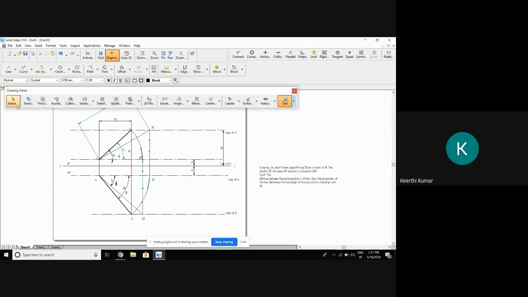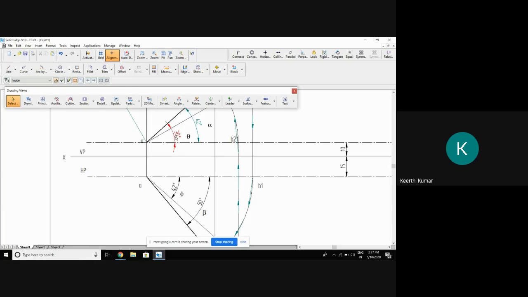Okay. So I'll zoom those. This is called theta, alpha, phi, and beta. So if I ask you to find out and write down what is the true inclination in HP, then you should write theta is equal to so much. That's all. I don't want the sentence form. True inclination in HP is so much? No, I don't want that. I want theta is equal to 30 degrees. That's enough.